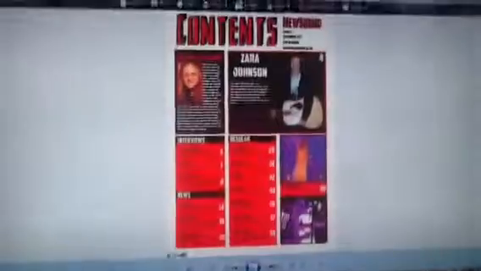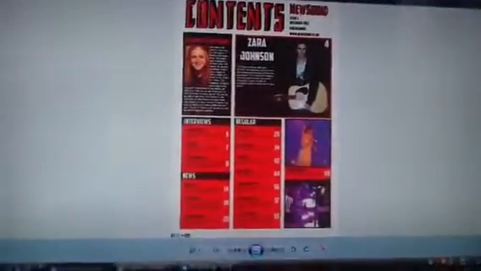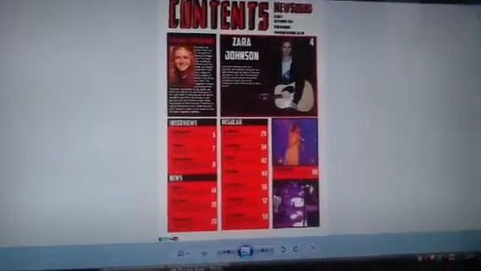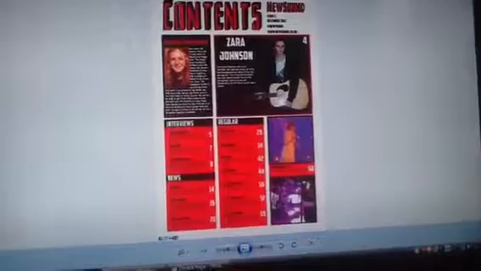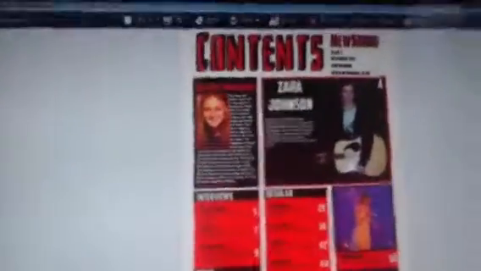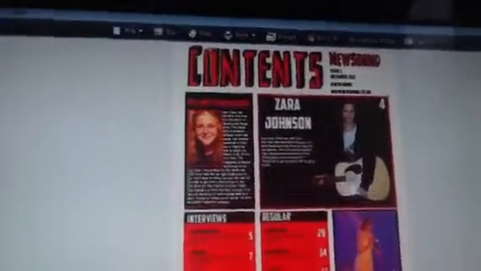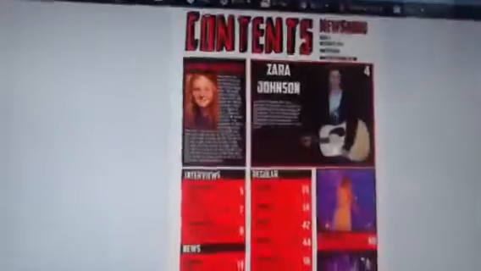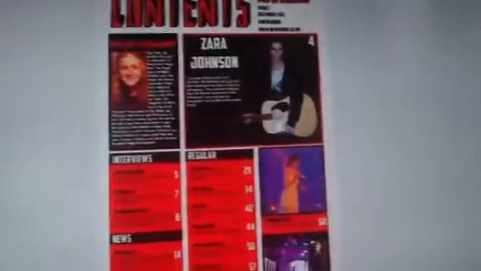And then finally, there's the contents page. This was one of my favourite pages to work on, because I just thought it was the best one out of all of them, and I worked harder on this one than the rest of them. So again, it sticks to the conventions, having the contents name above all the rest of the text, which is very conventional of a music magazine. Same with the columns,